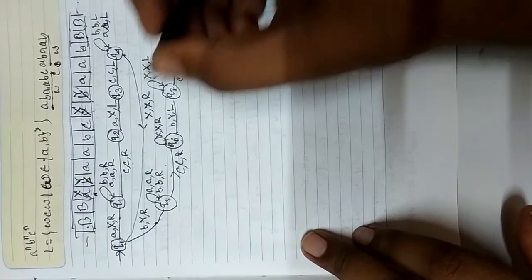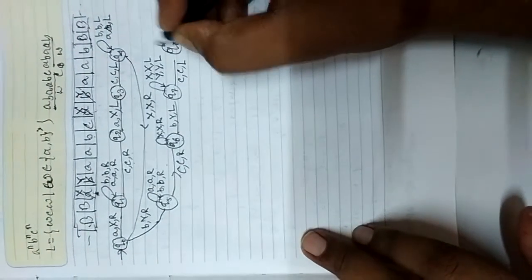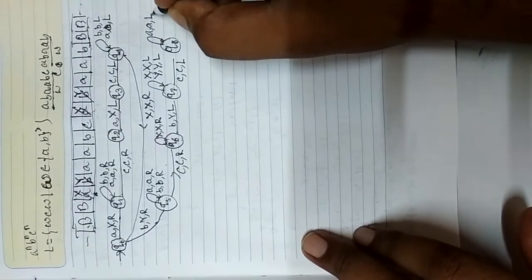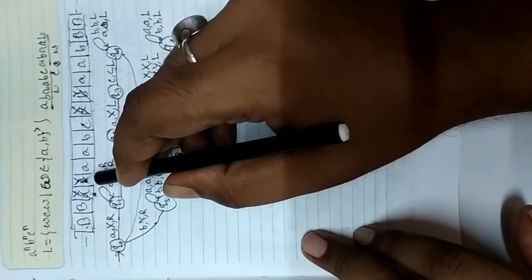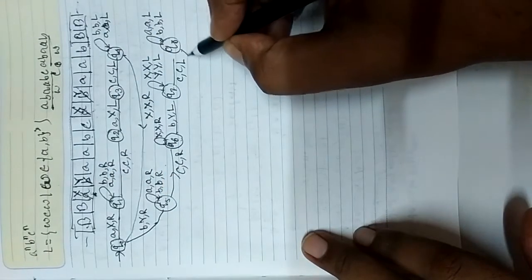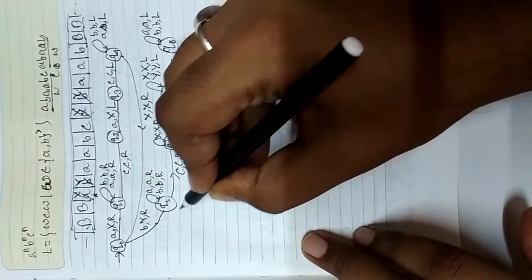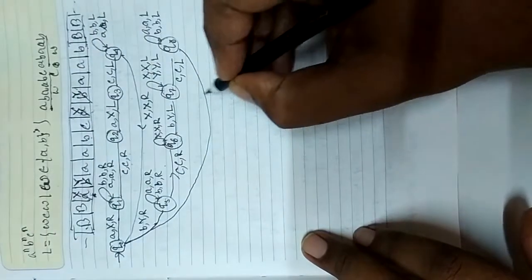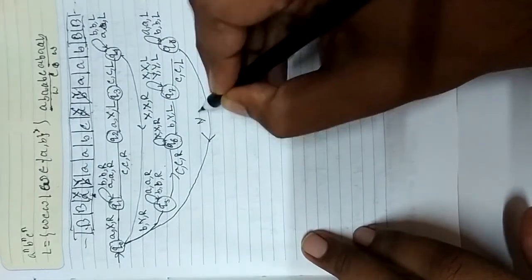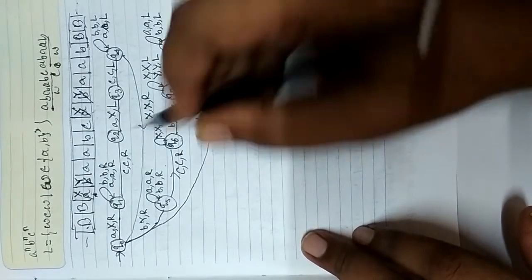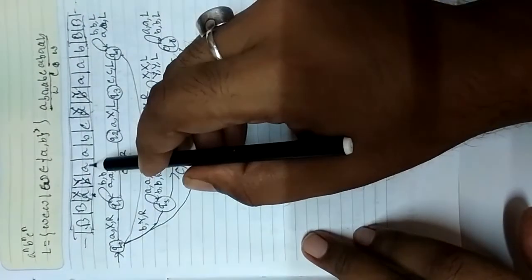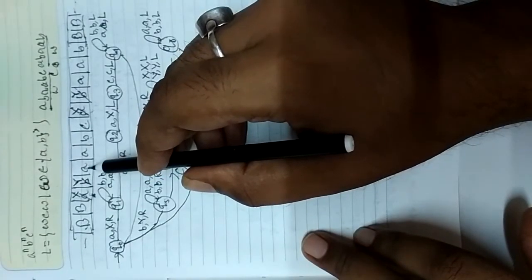In Q8, that is this part, again it will replace A by A, move towards the left, and B by B, move towards the left, till Y is encountered. So this is for Y. It will replace Y by Y, but it moves now towards the right. Simple, like this way. And now it will again process A.